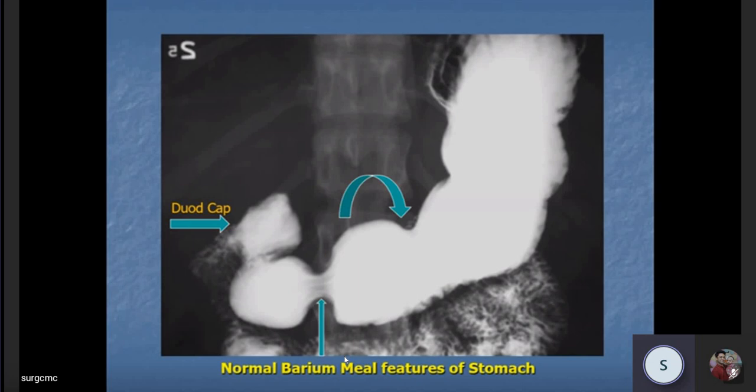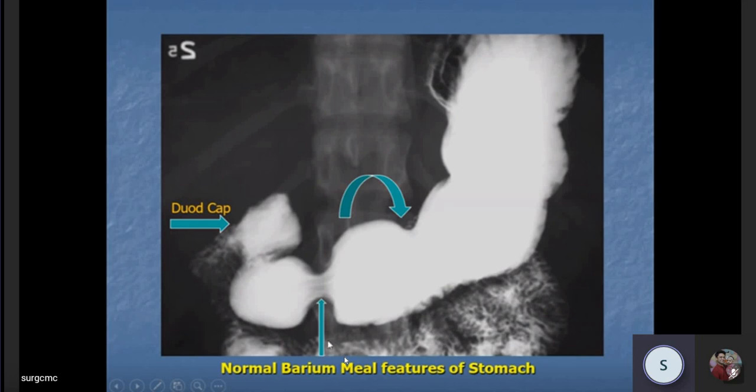Please don't make the mistake that many times in endoscopy we put a scope inside, see, and write a report that the duodenal cap is deformed. No sir, an endoscopist cannot say from inside whether the duodenal cap is deformed or not. They can say scarring is there. But the duodenal cap is an exclusively radiological feature, the triangular thing found in normal individuals, and it is distorted in the case of chronic duodenal ulcer.